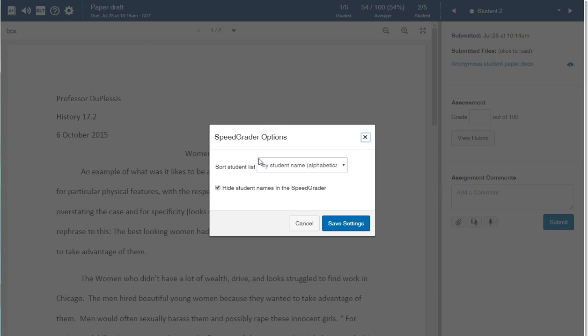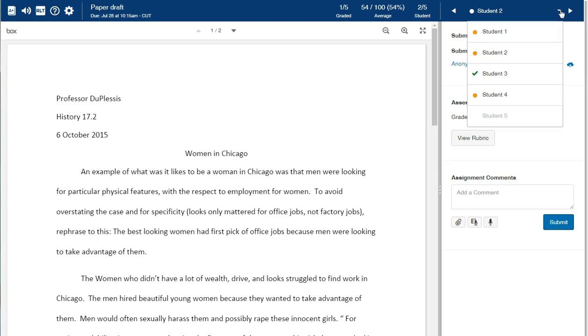Settings for SpeedGrader. You can sort the student list by student name, the date they submitted the assignment, or by submission status. You can also hide student names in the SpeedGrader for anonymous grading, which I've already set in this case. What that means is from this drop down, you'll just see student 1, 2, 3, and 4 rather than